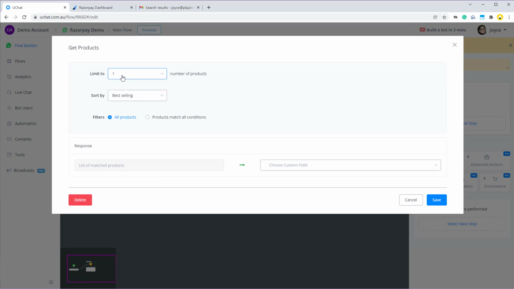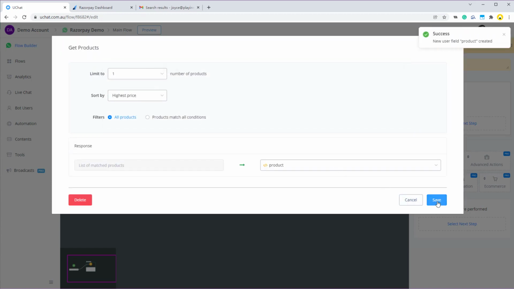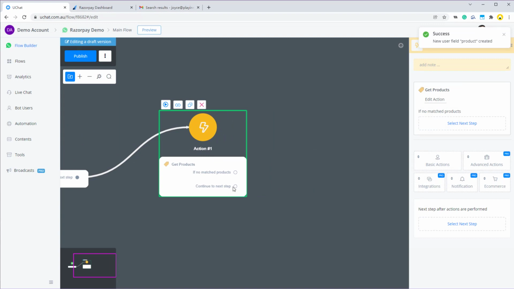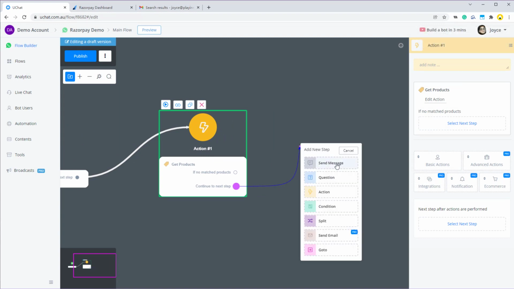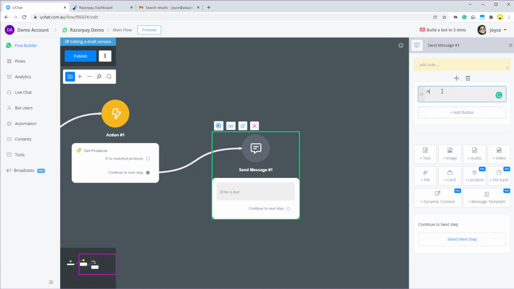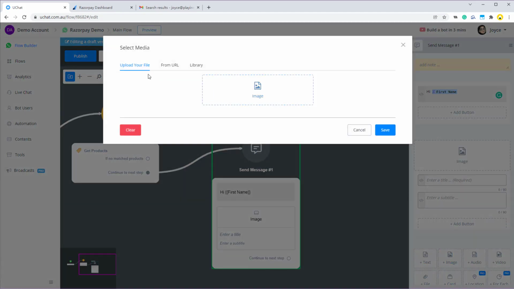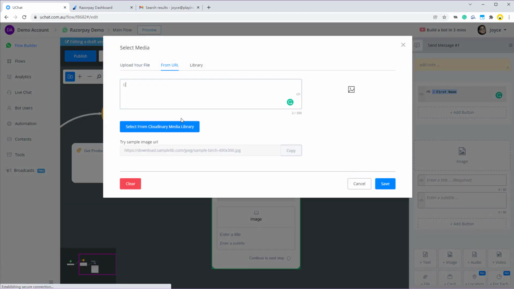So I will only get the one with highest price, and I would like to save it to a product JSON user view. Okay, save it. After I get the product, I will use a send message step. So send a greeting first, hi, first name, and then I will use a card to display the product. Okay, from URL, product,